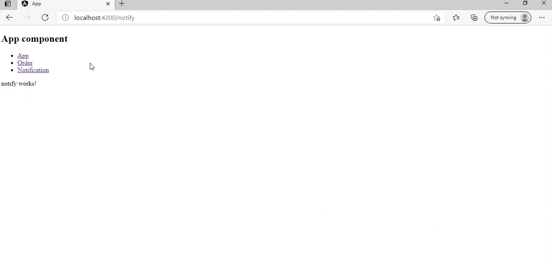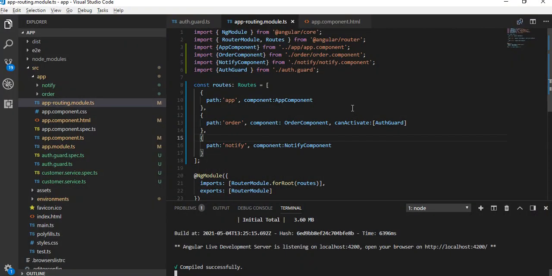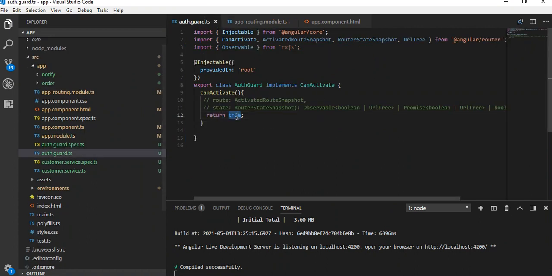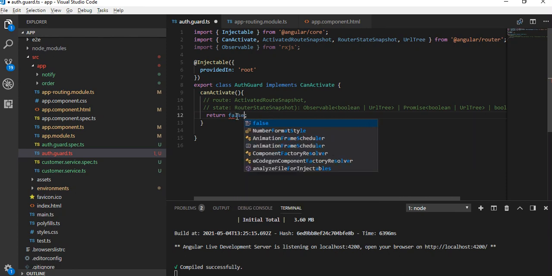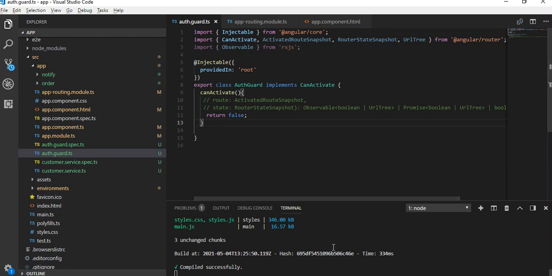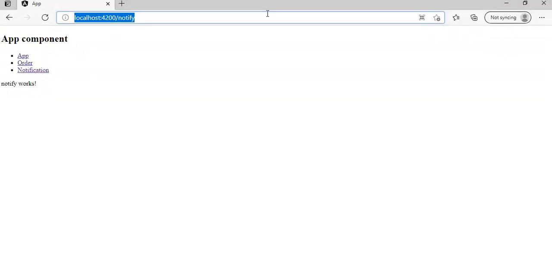So let's restrict the order page. That means if I click on the order, this should not open. So what I have to do is just return false, make it false and save it. Go and refresh this page.